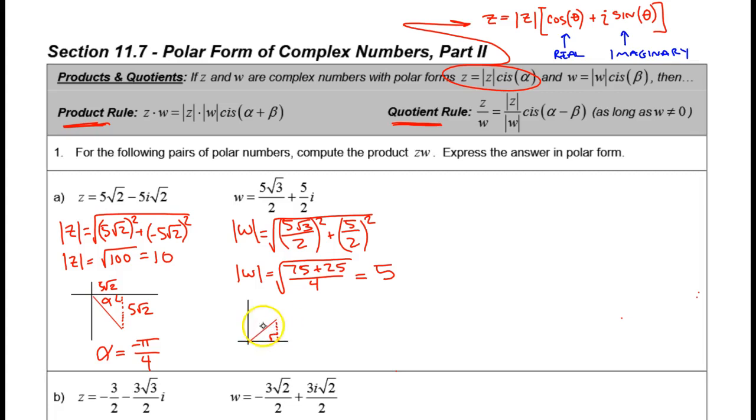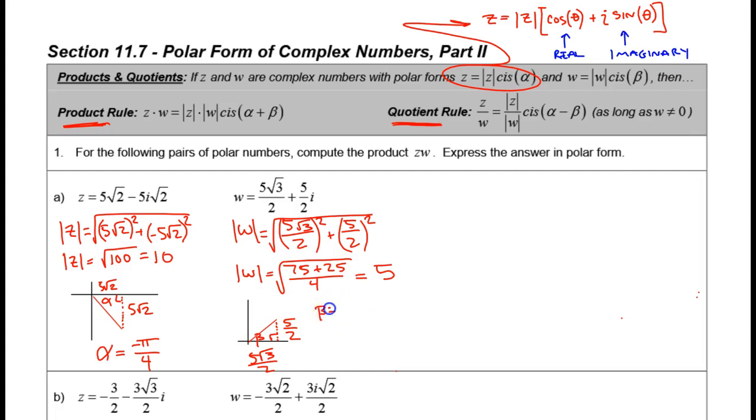And this is the angle beta. So the x component is 5 root 3 over 2. The y component is 5 halves. And let's figure out what that is. Beta